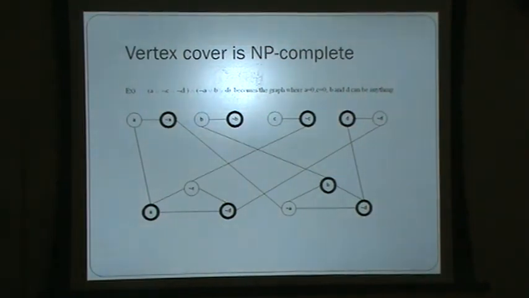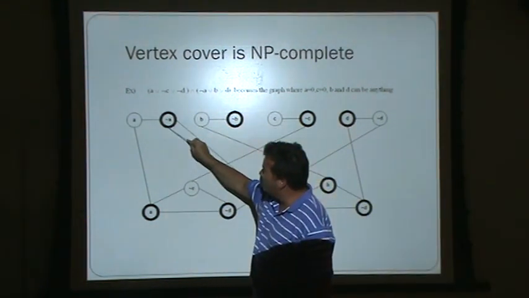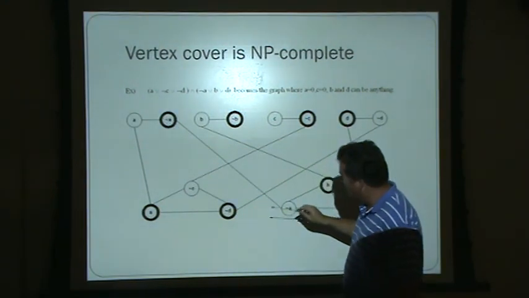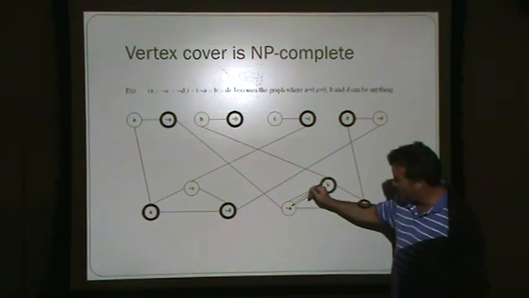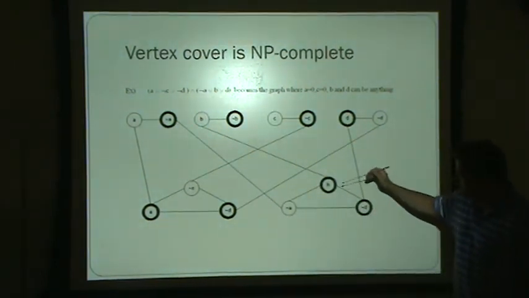How do you, the triangles being true is, well, I'm not triangles, seeing that. Let's see, so if, oh, okay, I see. If we set A to not true, then we don't have to worry about this edge, because we connected this one to here. So that gives us the freedom to assign